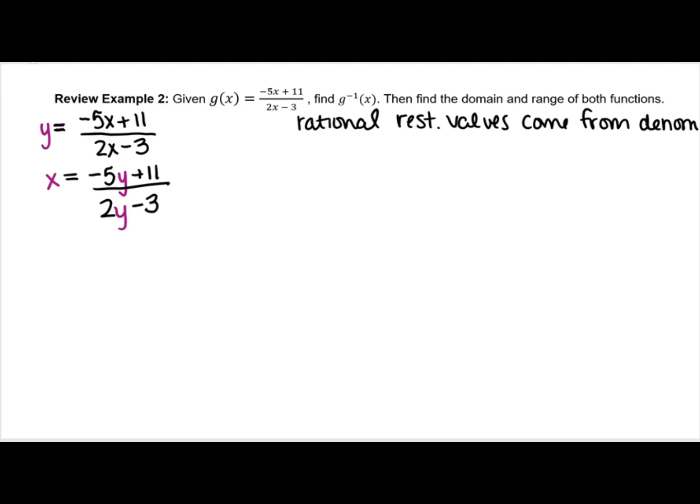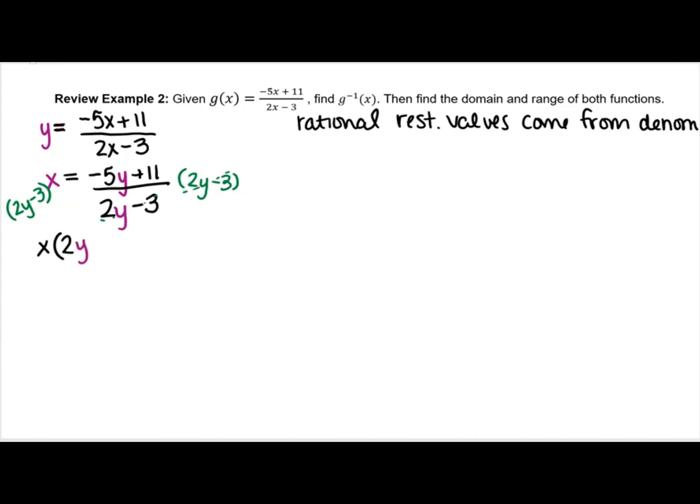And because we have our y in the denominator, we're going to multiply both sides of our equation by that denominator, 2y minus 3, because we don't want the 2y minus 3 in that denominator anymore. So on the left-hand side, I have x times